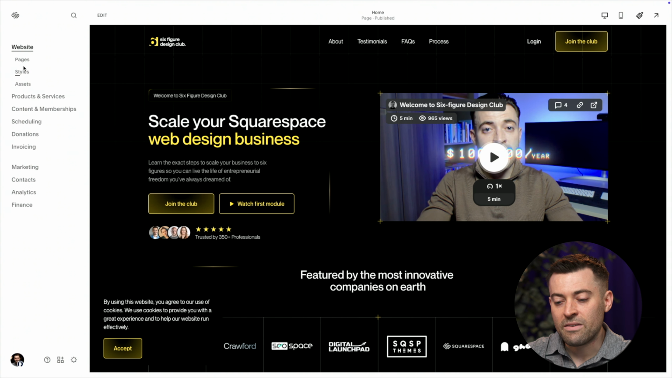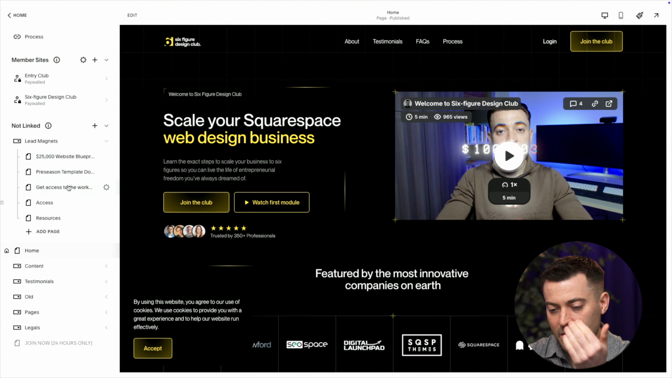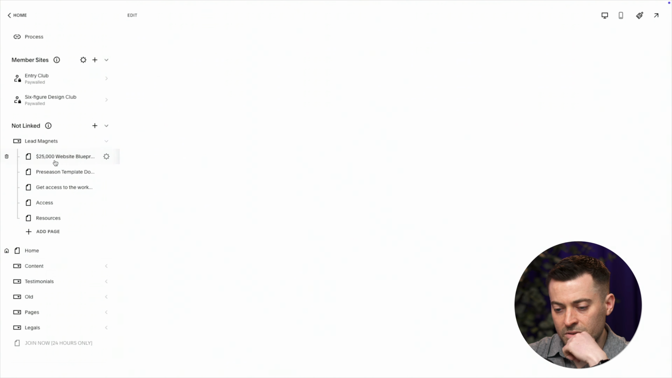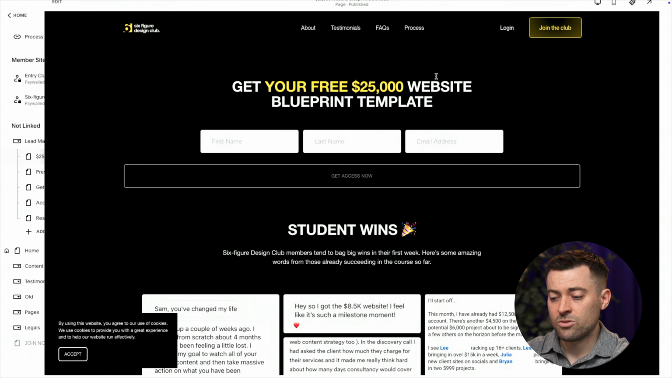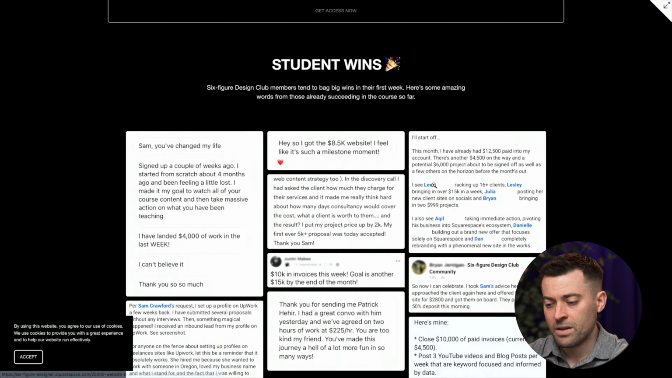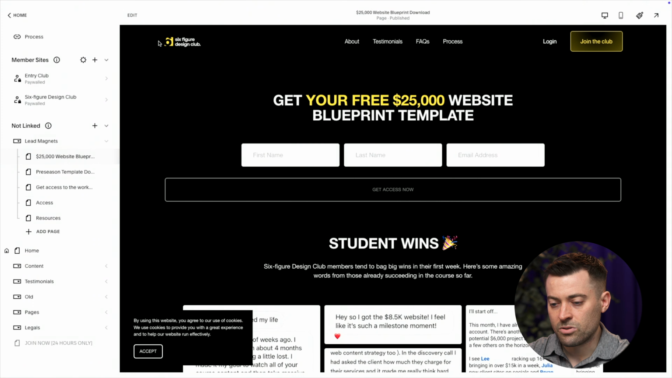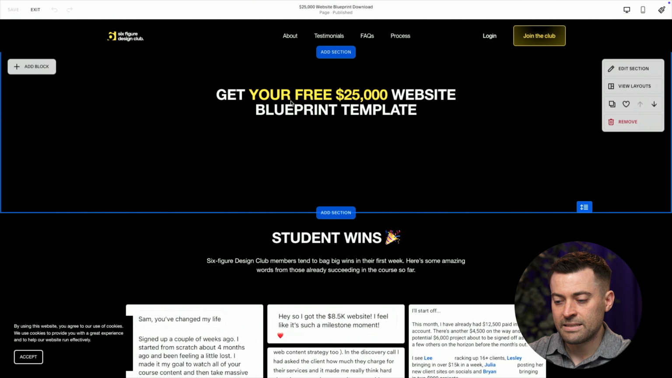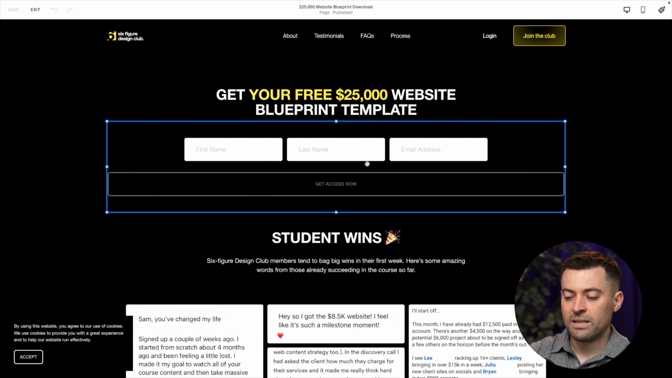Anyway, if I go into pages, I've started building these lead magnet pages here. So for instance, we have the $25,000 website blueprint template. You can see it's just a newsletter block here. There's some student wins, but essentially we have this newsletter block. If I click edit, it's just a simple title and then the block itself. So by clicking on this,